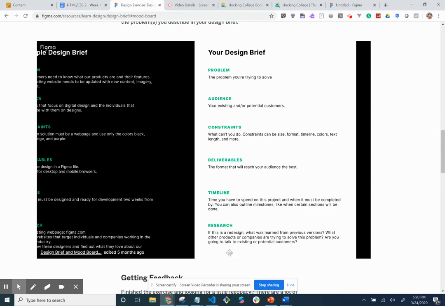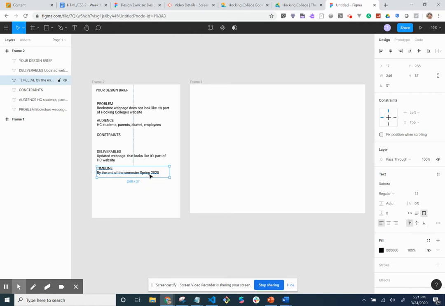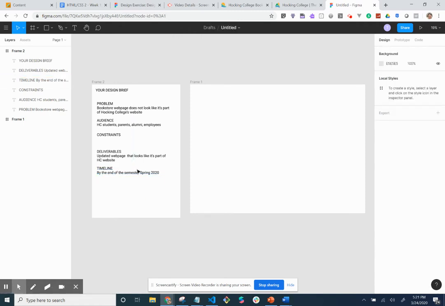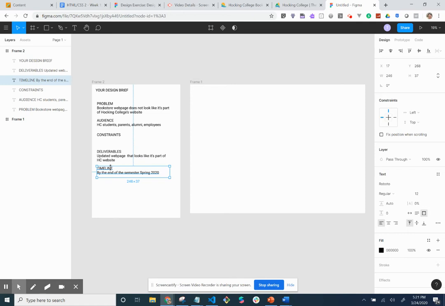Research. If this is a redesign, what was learned from previous versions, and what other products or companies are trying to solve this problem? Are you going to talk to existing and potential customers? We're not going to do the talking with potential customers right now. We may or may not get to that. It depends on how this flows, and social distancing and all that stuff. But anyways,